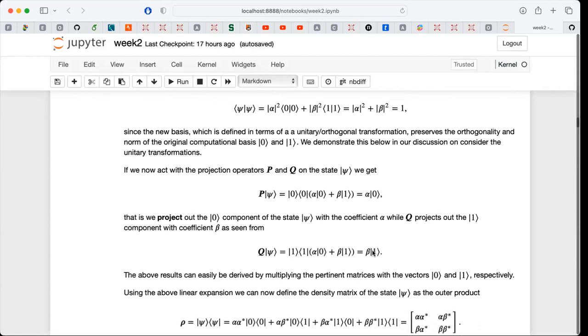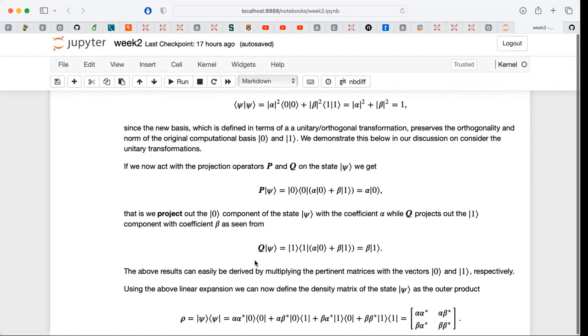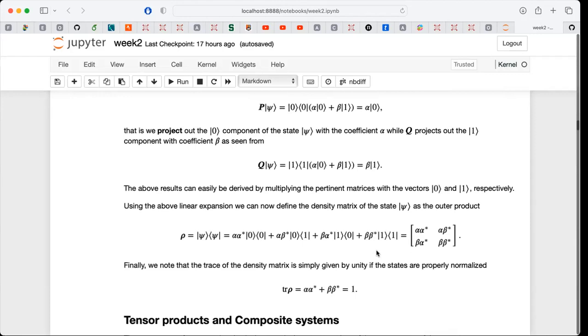And furthermore, if we now look at the other component here, we also have a projection operator Q, which now projects out this specific component. And you can easily see that by doing the algebra yourself. Now, there's one very important quantity here, which we are coming back to,